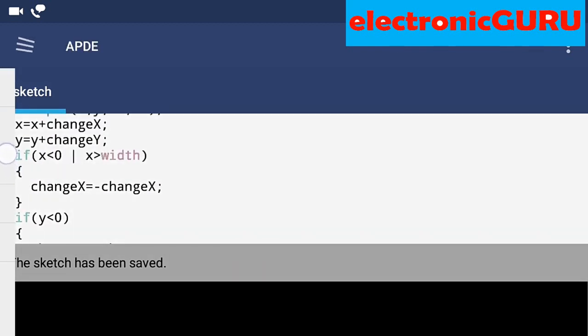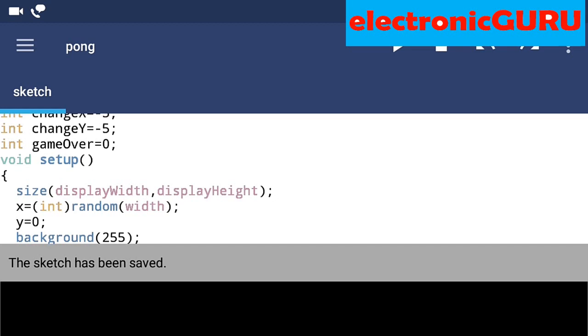Okay, so here's the logic. If x is less than 0 or x is greater than width, it means the ball has reached its minimum or maximum position. x equal to 0 is the minimum position, and x greater than width is the maximum position. So if the ball reaches this location, then change x equals minus change x.